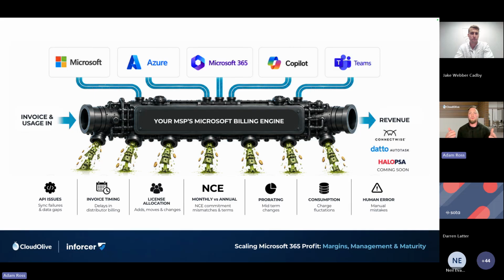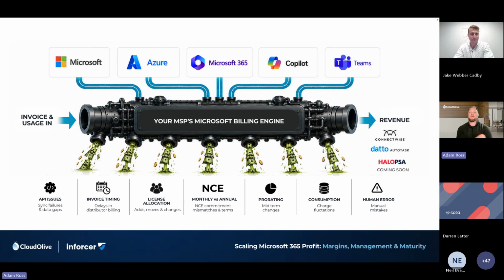Invoice timing as well. If you invoice prior to your main Microsoft invoice landing, there are just pros and cons to it. We'll share with you a timeline of events, MSP A versus MSP B, and some of the pros and cons. NCE, the New Commerce Experience, launched five and a bit years ago. When it was launching, as Cloudolly was sort of taking off, we actually bought the domain nceasy.com, because we were like, that is so difficult, what's getting talked about. At some point in time, we'd build something that made sense against that and solve this problem. We're just going off in that direction, and we'll share exactly what the outcomes of that were.